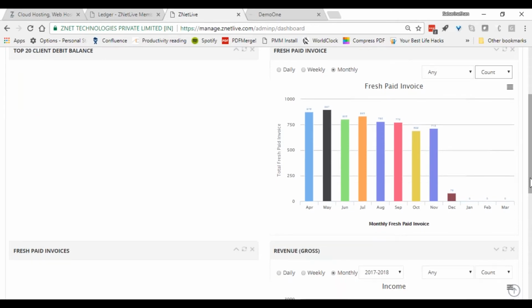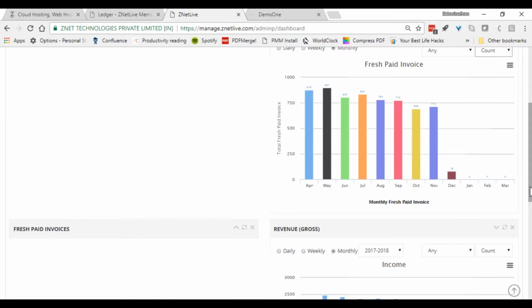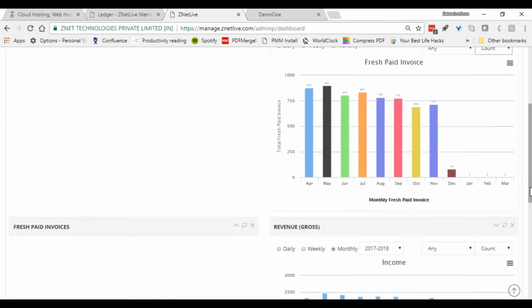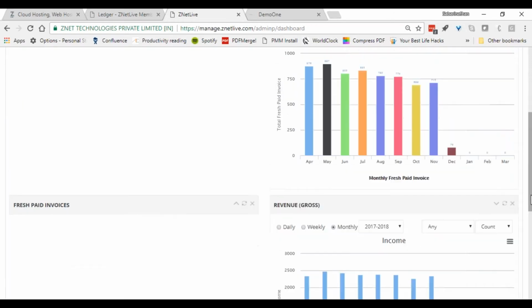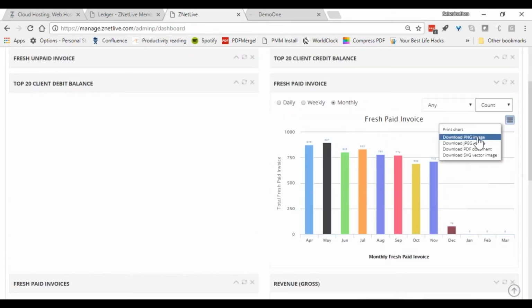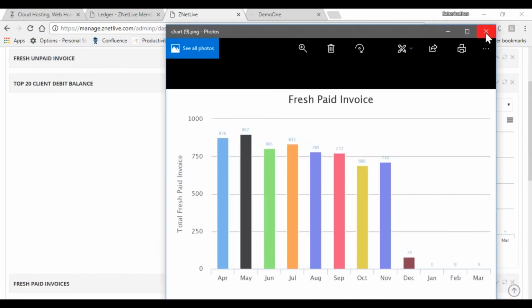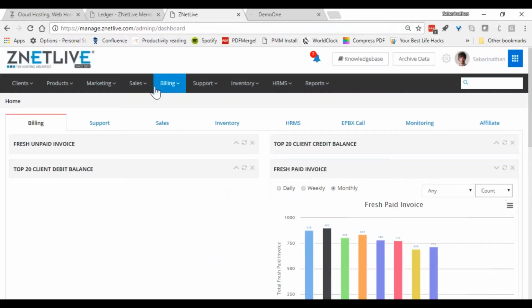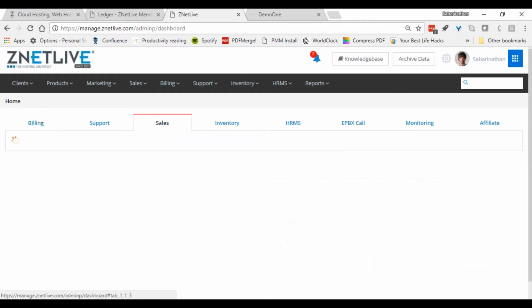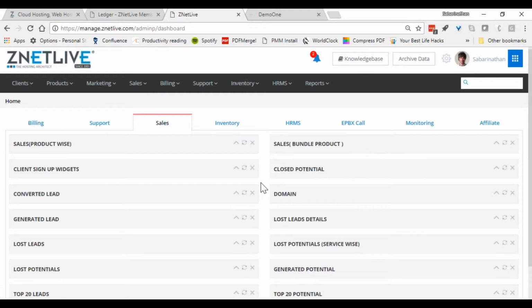For example, you can look at revenue from a gross receipts perspective, or total number of receipts. This is just dummy data, so you can visualize how these reports would look. You can also export some of these into, for example, a JPEG or some kind of reporting format, which you can attach to your board presentations or anything like that. These are predominantly looking at counts. You can also look at invoice amount values as well. And there are plenty of dashboard reports like this for you as a CSP to get to know more about how your business is running.